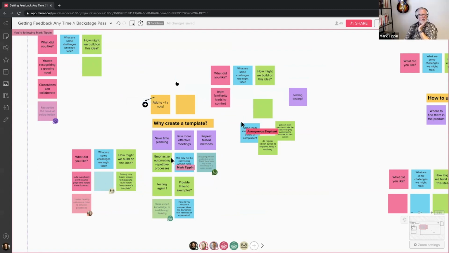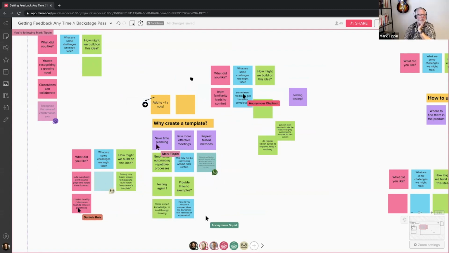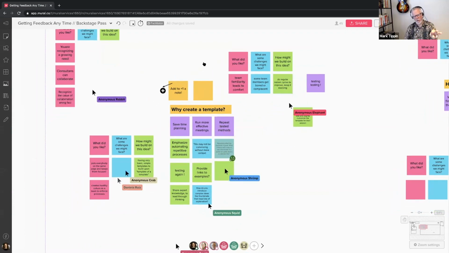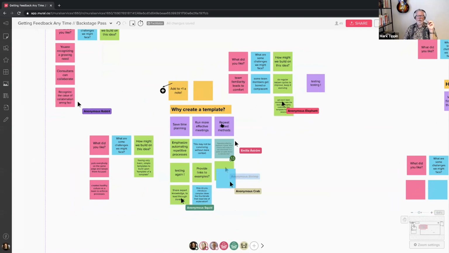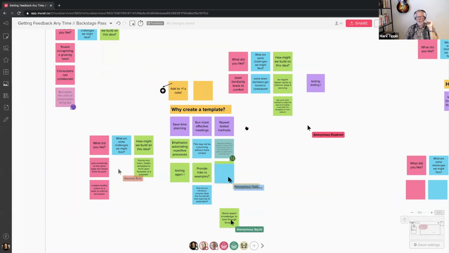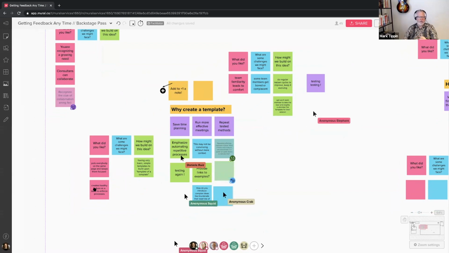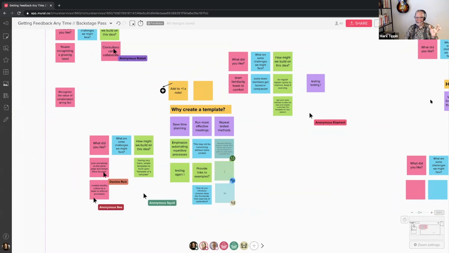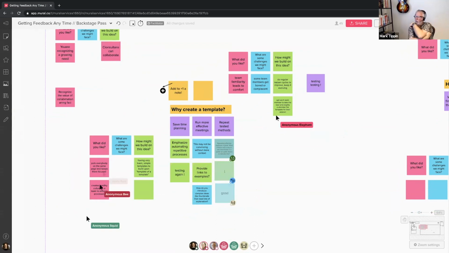So that's some positive. Someone else who thinks that, and again, this is Amelia's three purple notes, what she believes constitute the most important rationales about why people need to create templates. So we have some agreement around saving time and planning and preparation. Any other positive feedback from Daniela or anyone else?